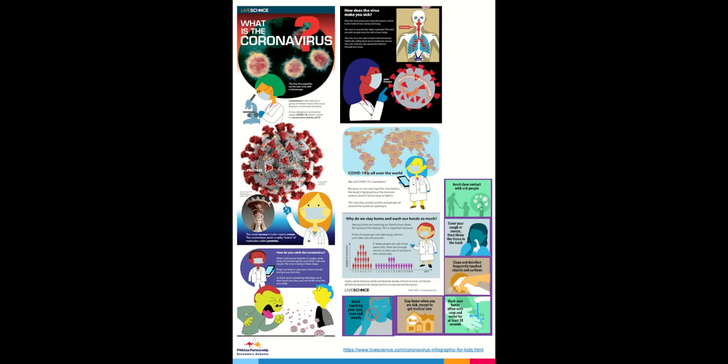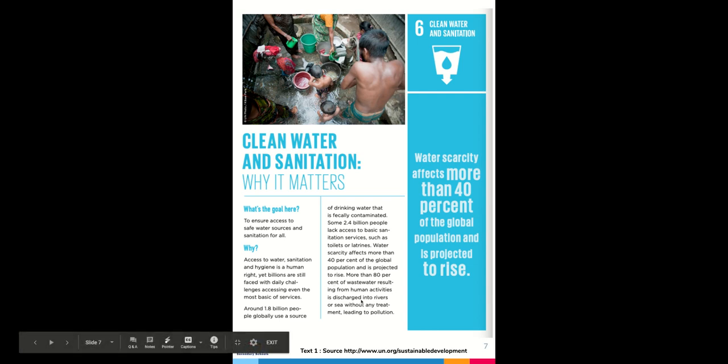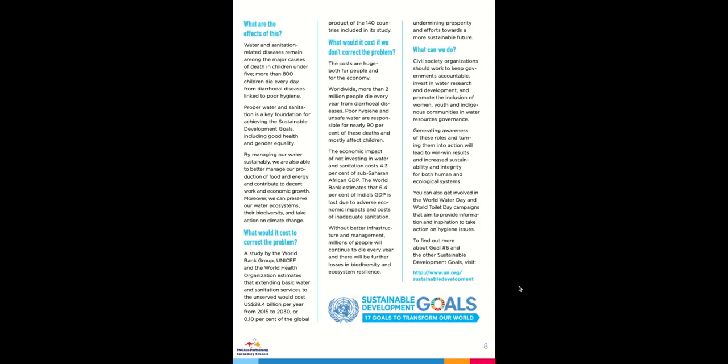So page 5 is for you to take your notes, and then moving on, page 6 and page 7, we have a bunch of information about coronavirus, and there are some graphics here, some data here as well, and then we've got a text which comes around the Sustainable Development Goals from the UN, which is all about clean water and sanitation. So there's a bunch of interesting things in here. You might want to highlight and underline things and then record them on page 5 as well. So some really good reading in here to support our English literacy.